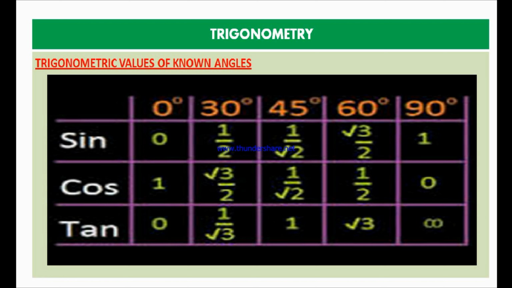If you learn these values, you can find any other values, such as cosecant 0 or secant 30 or cot 45, if you know these three. If you are asked to find cosecant 45 degrees, it is nothing but 1 by sin 45. Cot 60 degrees is nothing but 1 by tan 60. Secant 45 degrees is nothing but 1 by cos 45. If you find the reciprocal of these values, you will get the other trigonometrical ratio values.